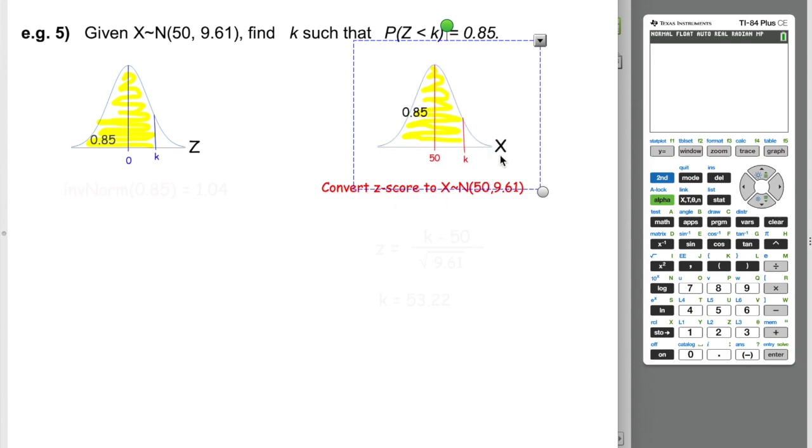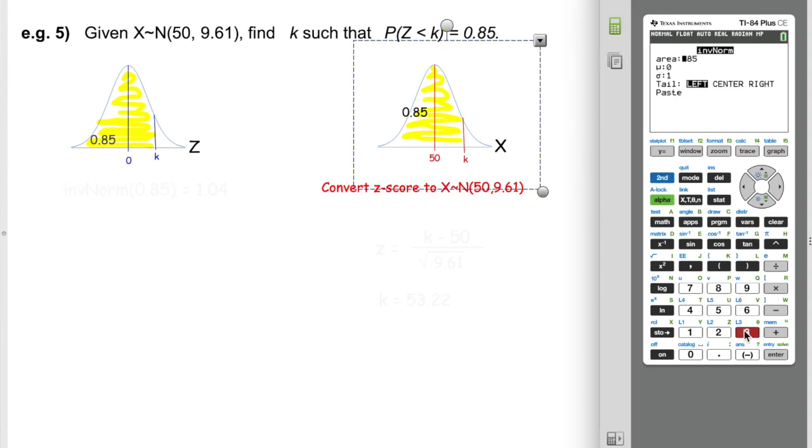I have to relate the relative position, so to speak, on both of these bell curves, meaning that I should find the z-score. So from the given, the z-score can be found using inverse normal, and then area is 0.85